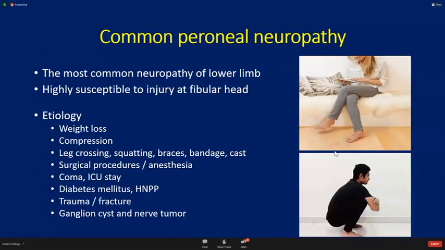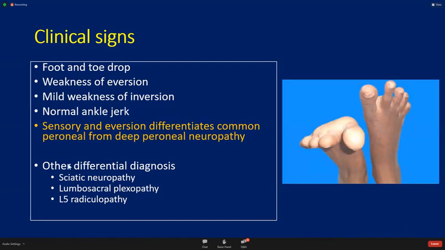One more thing, a ganglion at the level of the common peroneal origin, or a tumor, is also a relatively common cause, and all patients with peroneal neuropathy should ideally get an ultrasound to see that there is no structural lesion in that region. So clinically, you have weakness of foot and ankle and toe dorsiflexion, eversion weakness, and mild